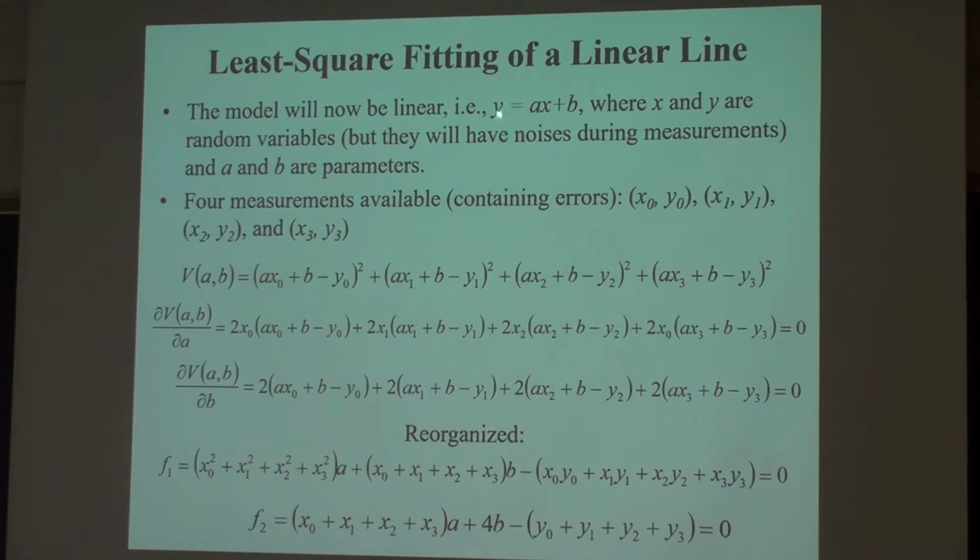Let's have two independent variables, x and y, and two parameters, a and b. In this very simple line, y equals ax plus b, that you know since grade 7, there are two independent variables and two parameters. Say I have 4 points, I choose 4 because of the size of my screen. Once you follow the derivation, you can generalize to a million points.